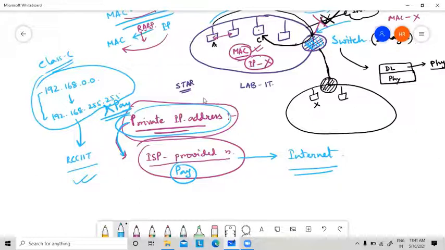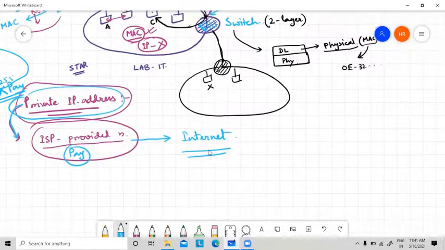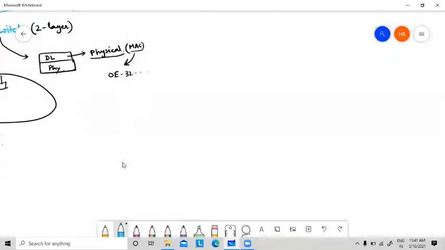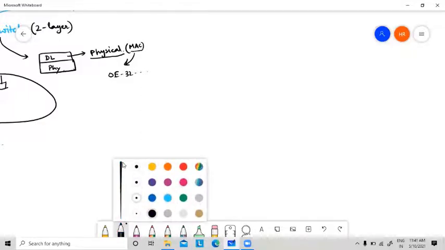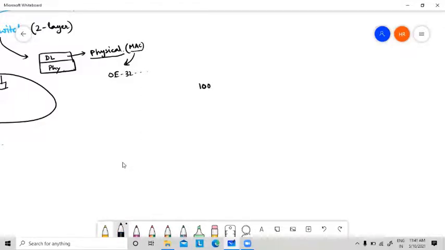Whenever you are accessing, just try to understand these things. Suppose your college has 100 different devices, 100 machines, and from each and every device you are able to access the internet. Correct?